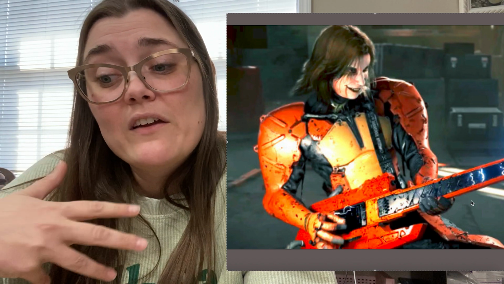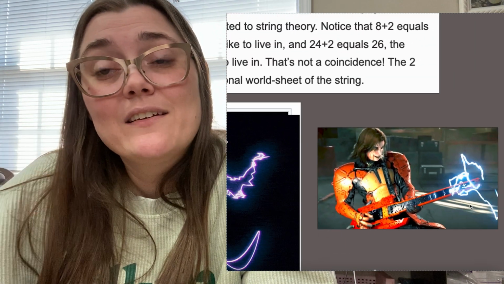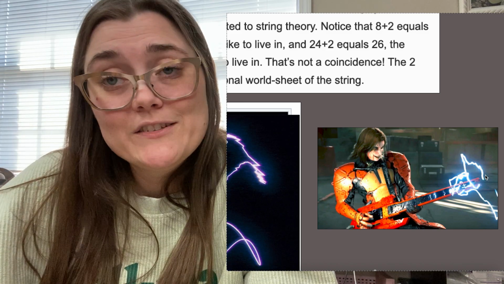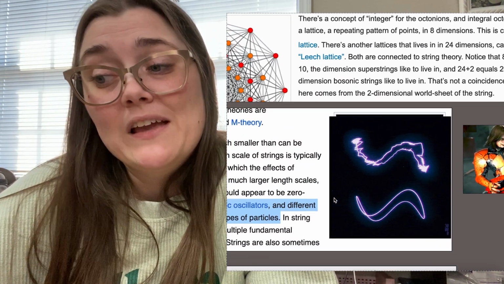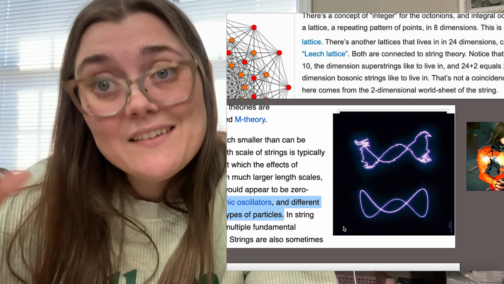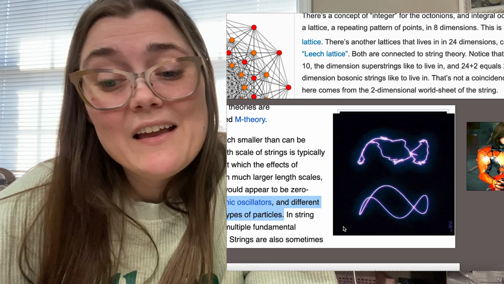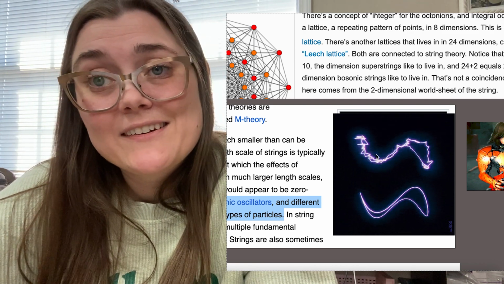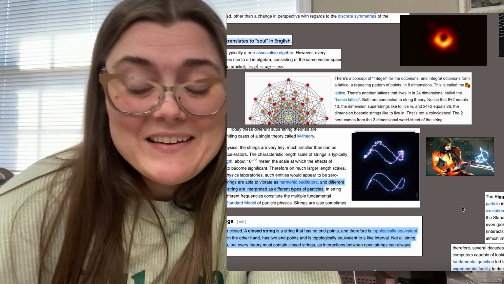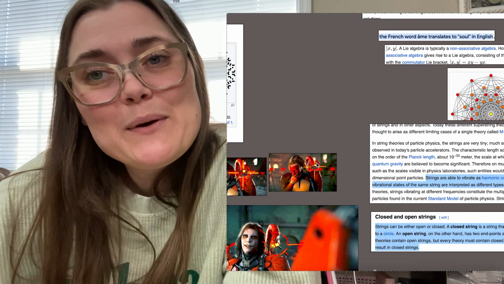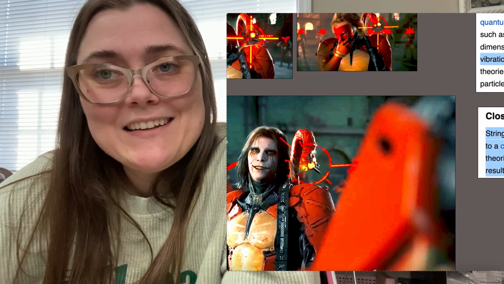These white lines are everywhere. He has a string on his guitar that he strums or vibrates, and it creates this lightning that looks just like a harmonic oscillator. So once I found that, I was like, I'm on to something. That makes me want to show you the other part that I have been really excited to show you guys,